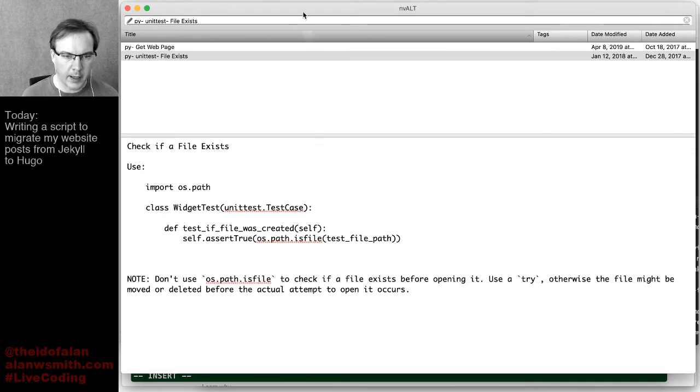So we need OS path. Again, I can just go to file exist. I just don't know this stuff off the top of my head, but I've got an entry here that shows me how to do the is file check. That was already in there, so I don't have to go Google it. It's in my notebook,